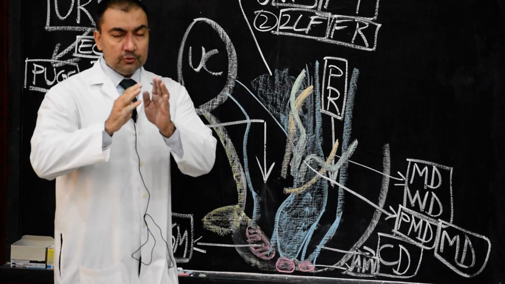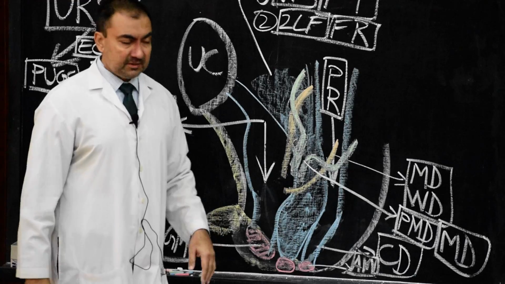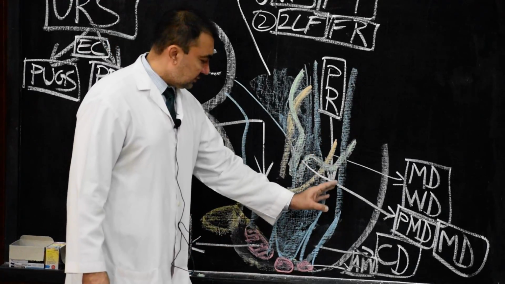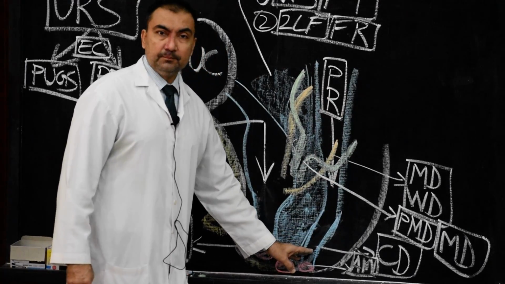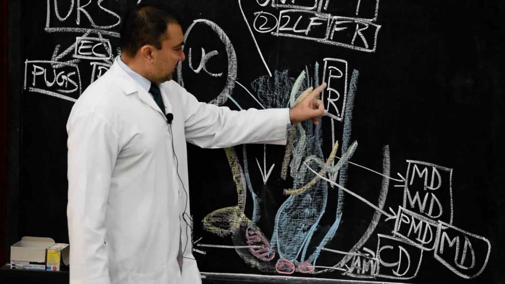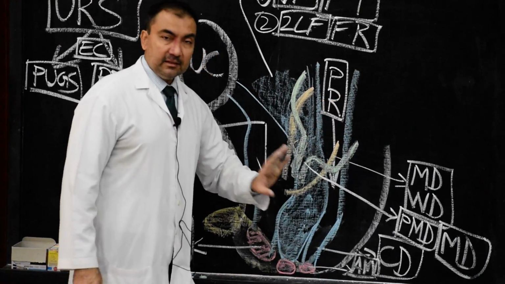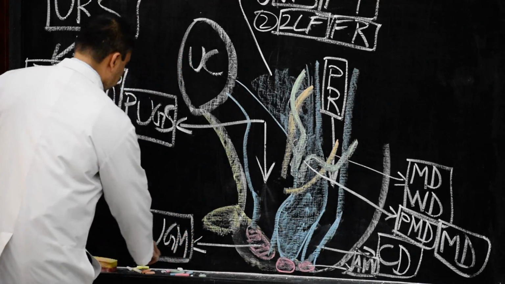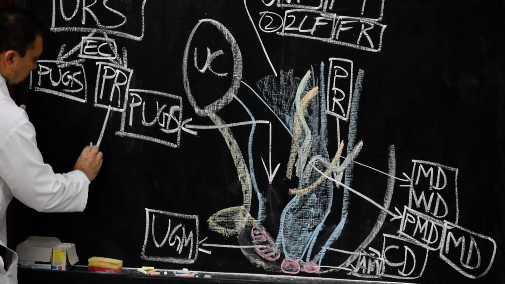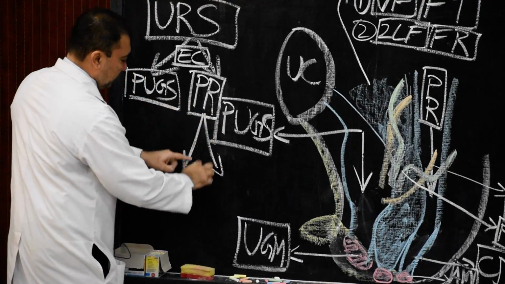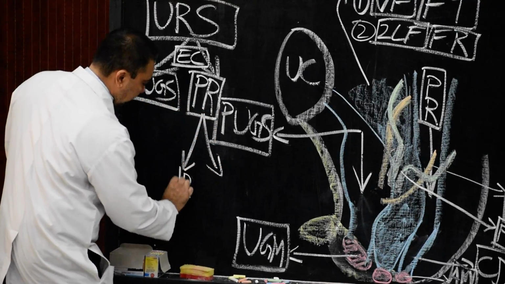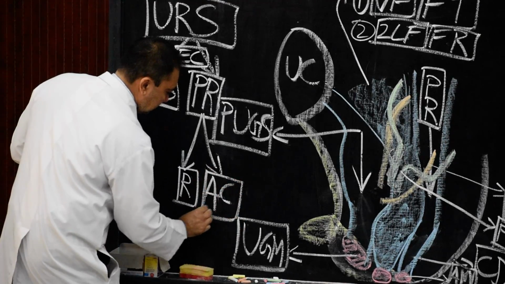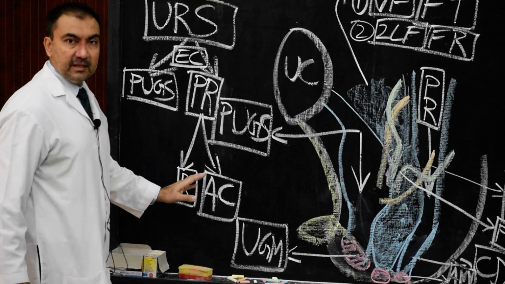So now we are having two different divisions, ventral and dorsal. The ventral is called urogenital sinus, primitive urogenital sinus, and dorsal is called the primitive rectum. Now the primitive rectum will develop into rectum and anal canal. So if you mention over here this primitive rectum, now you can write that it will develop into rectum as well as anal canal. This is where this structure will develop.